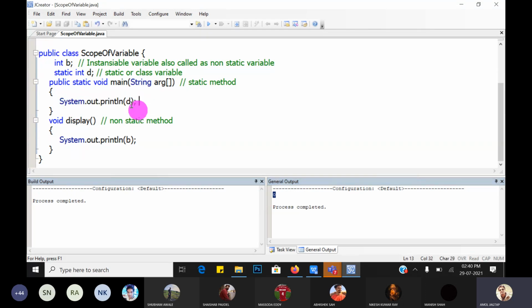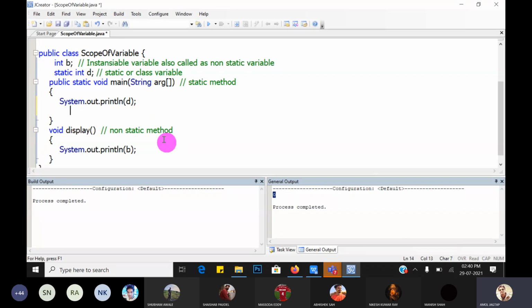Because this statement is executed, meaning public void display, inside that System.out. But this method we cannot call inside the main. If you want, we can call it by using the name of the method. Yes, it is possible to call it here. Yes, inside main, we can call the display method.